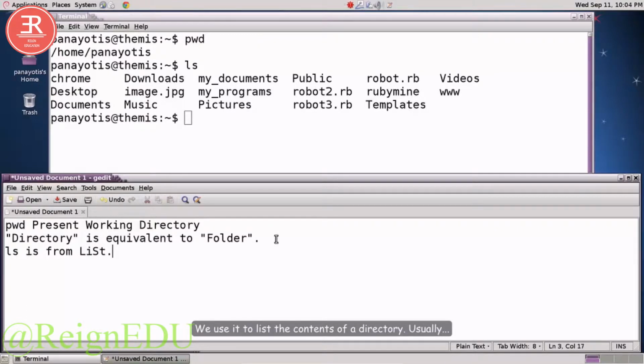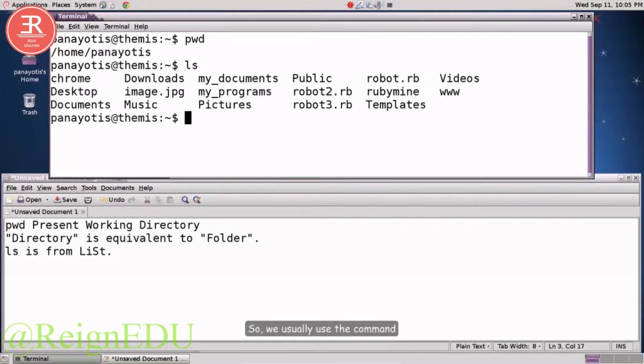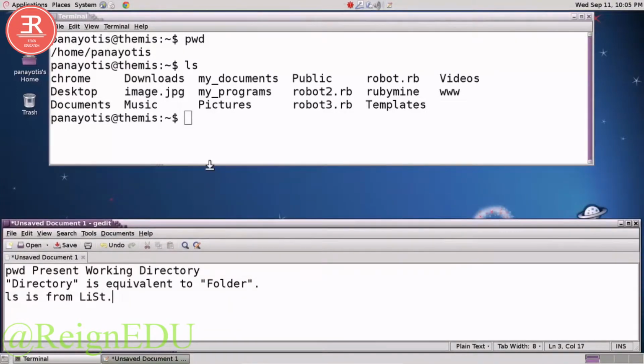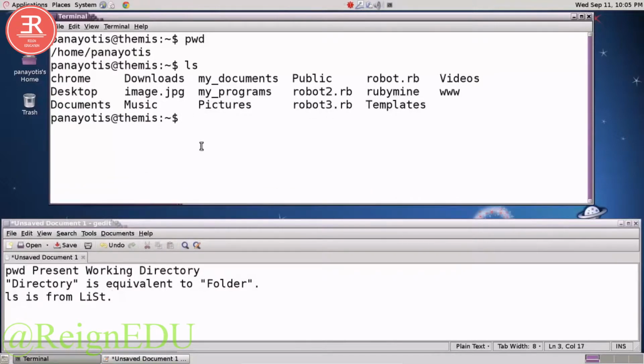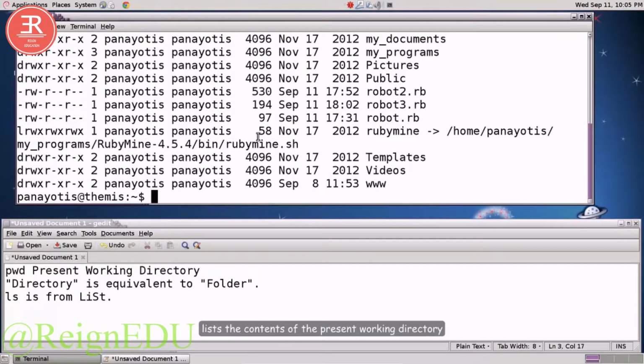Usually ls is not so useful because it does not tell you which entries are directories and which entries are files. So we usually use the command ls -l, which stands for list long. ls -l lists the contents of the present working directory,